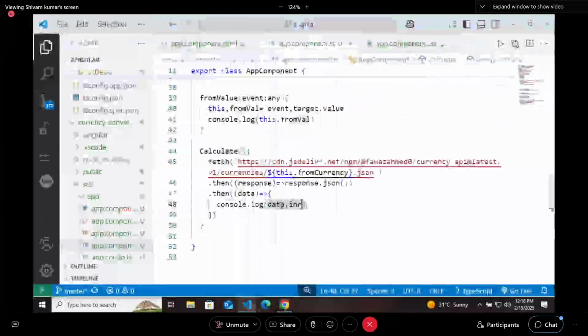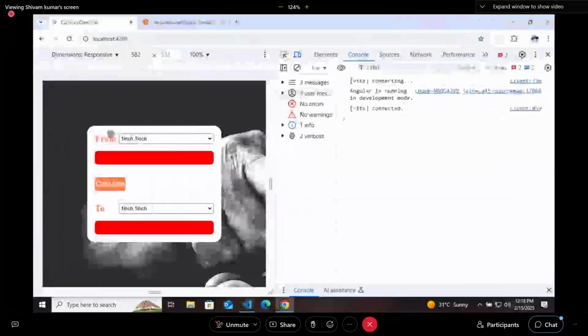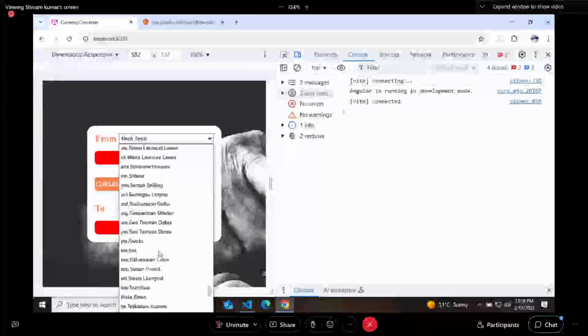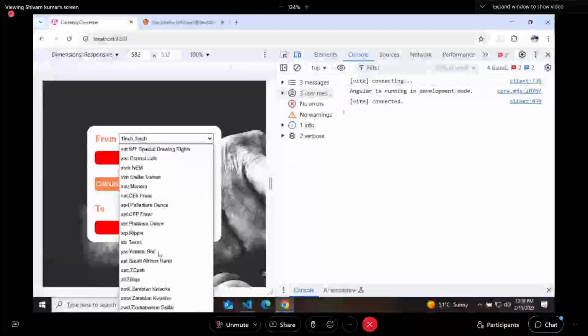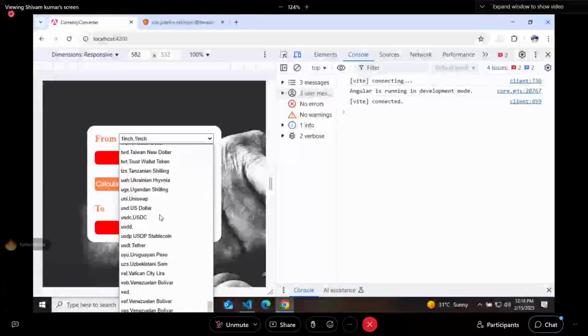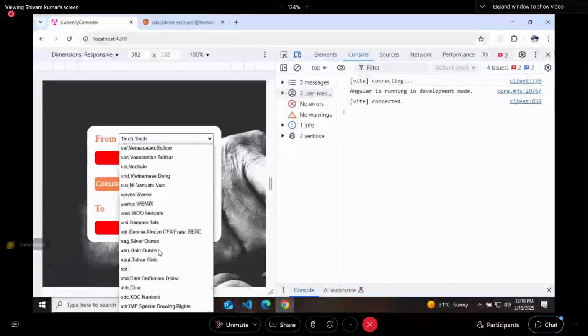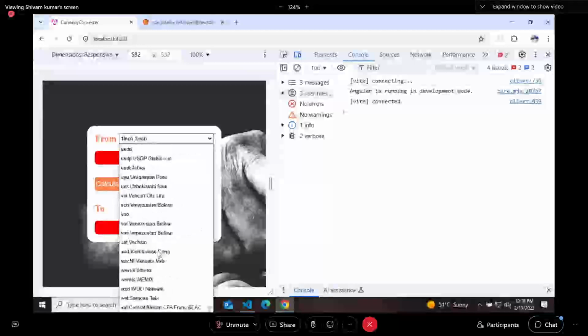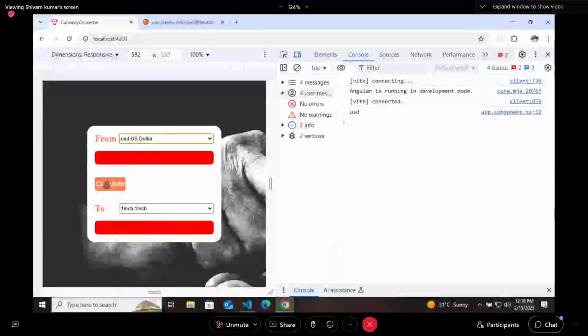It means that first you need to get the data value, so that whenever you select a US dollar, you should get its conversion rate. So go to US dollar and calculate.